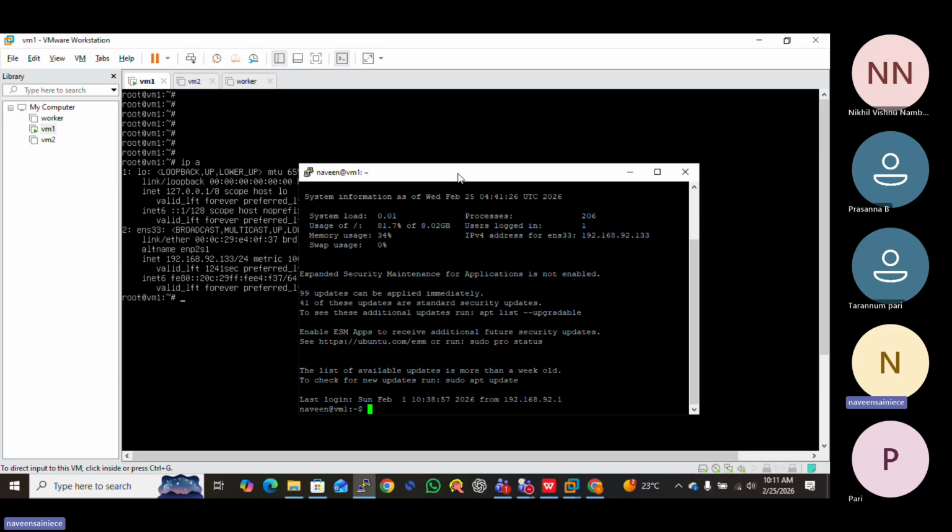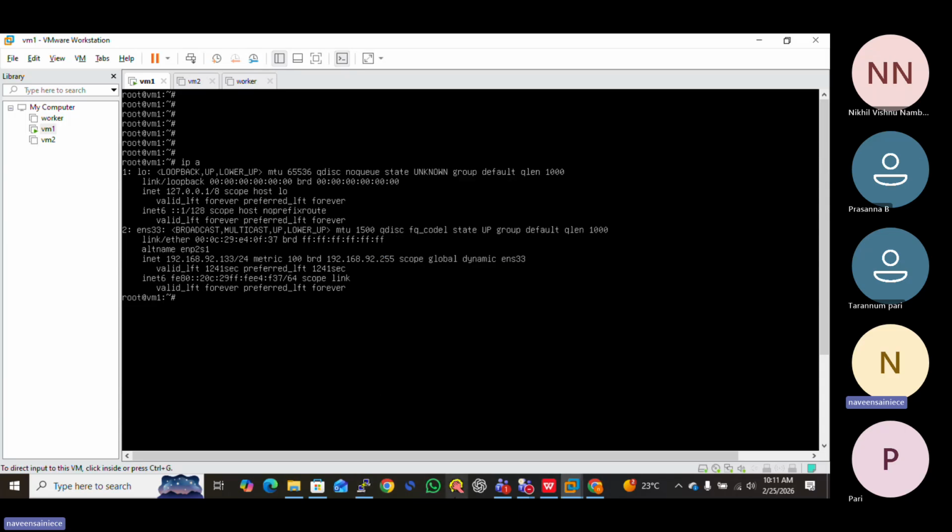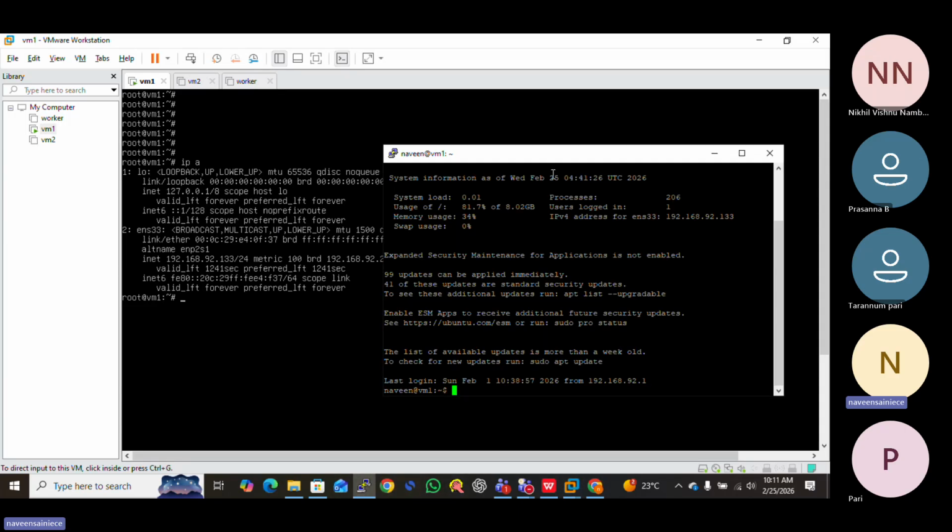So this is remote access and this is console access. The benefit of remote access is that you can copy commands directly into the terminal. It is a terminal, which means where we run commands on the operating system.